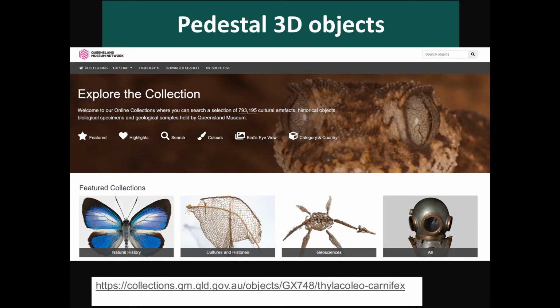We've also been working with some of these clients on embedding third-party content. So one of the examples that's come up with a couple of projects is displaying 3D scans of objects. So we've done that with Queensland Museum working with Pedestal, which is a product that's particularly aimed at the natural sciences collections area. I'll again swap back to my web browser and we can see an example of that in action.